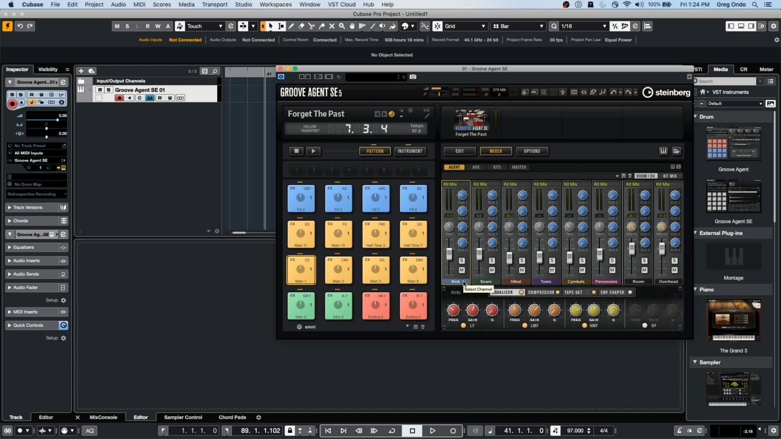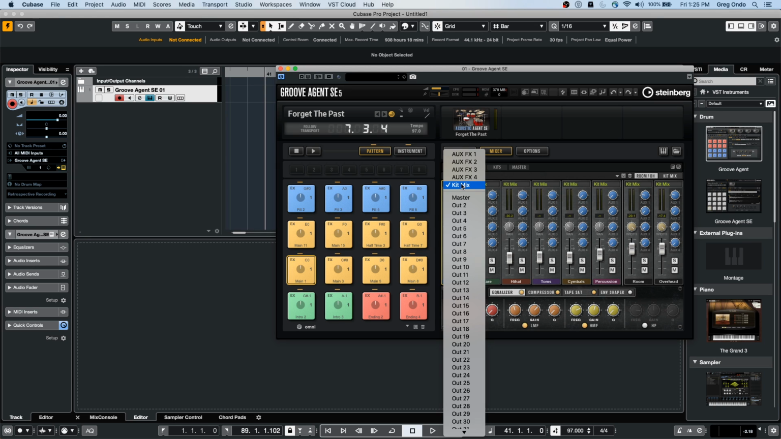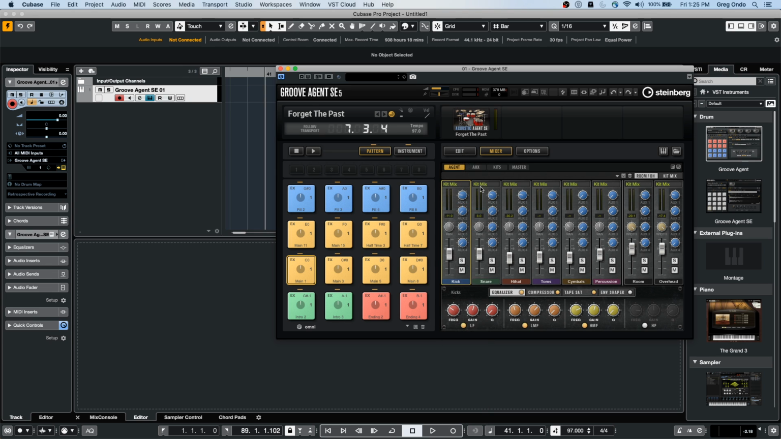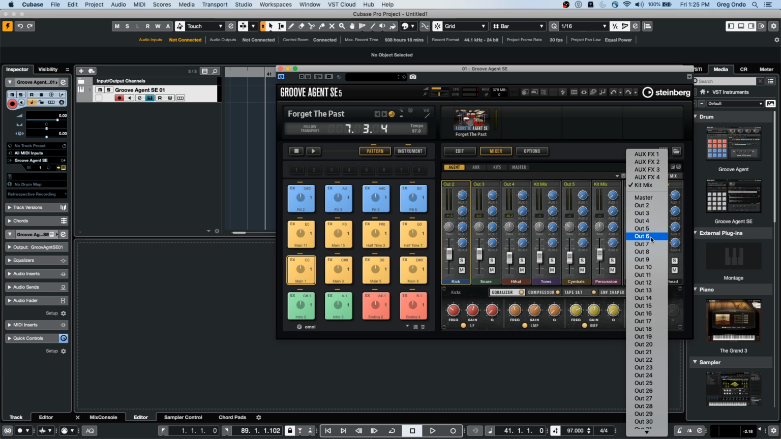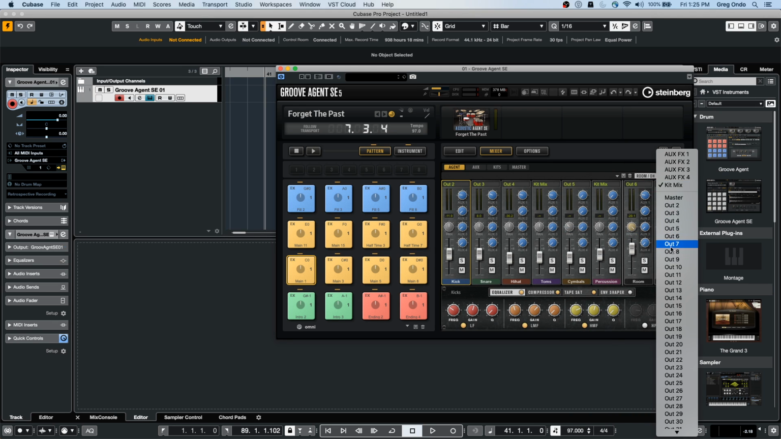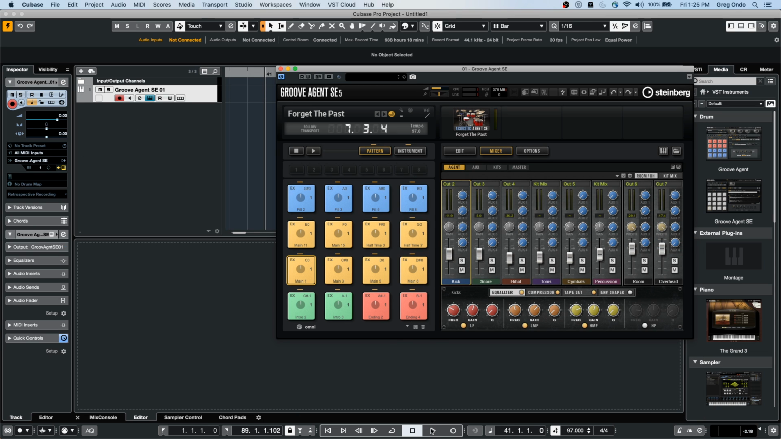So if you wanted to come here, we could assign these to different outputs. I wanted to have my kick going out of output 2, my snare out of output 3, my hi-hats out of output 4, and let's do our cymbals out of output 5, and outputs 6 and 7 for room and overhead. So as we would play back this particular pattern,